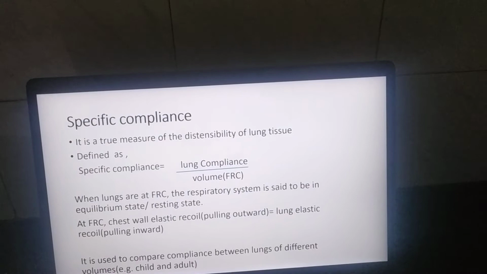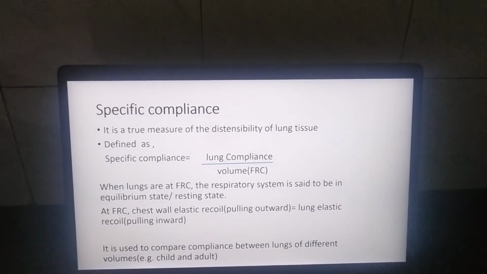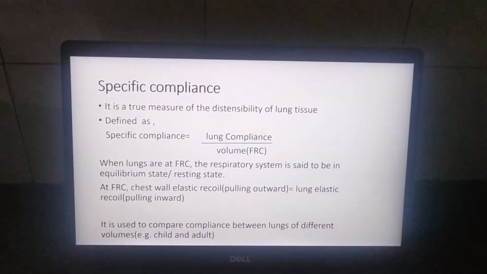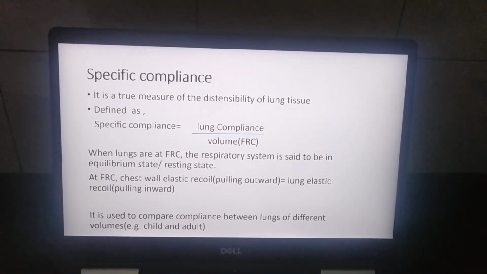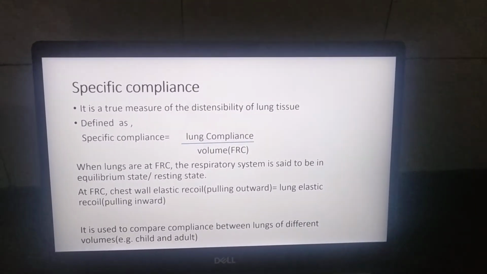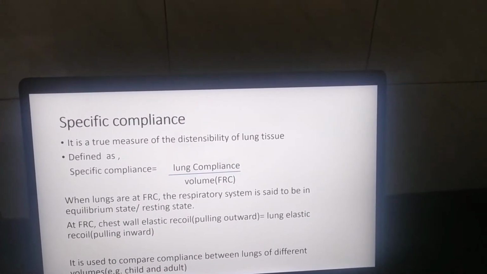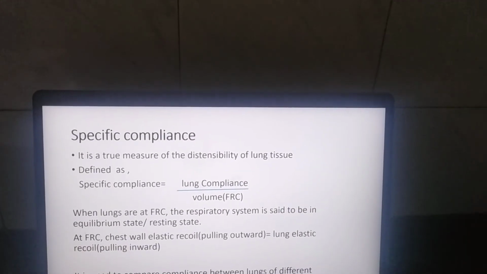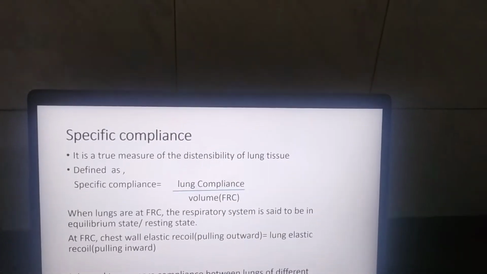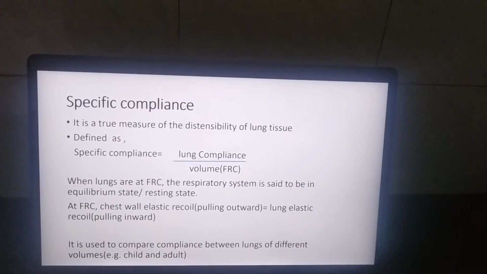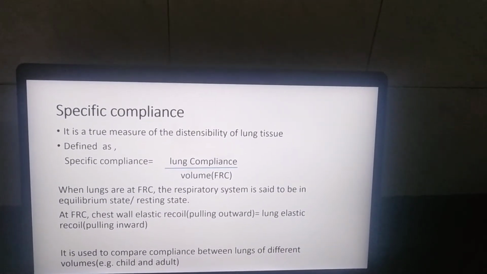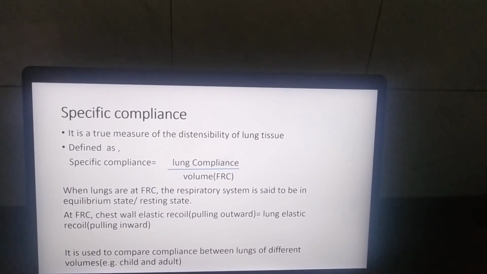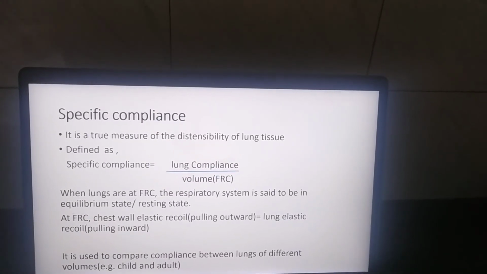Now second is about the specific compliance. So what do you mean by specific compliance? It is a true measure of the distensibility of the lung tissue. It is defined as compliance per unit volume of the lung. So here lungs are at functional residual capacity. What is functional residual capacity? It is the amount of air remaining in the lung at the end of quiet expiration,